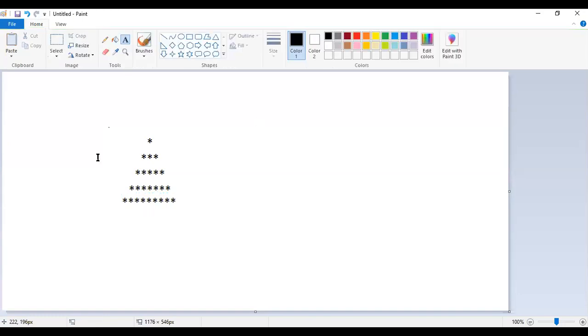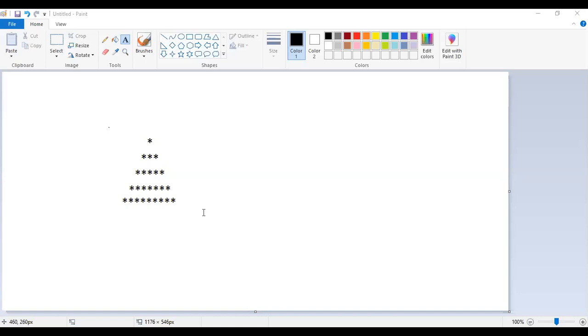Yes, Rutvik. Guys, reply. Okay, this is the problem statement. You have to just draw this particular pyramid. So how are you going to start with this one? Means in which manner are you going to think? Yes, we have to consider first of all the triangle of empty spaces.